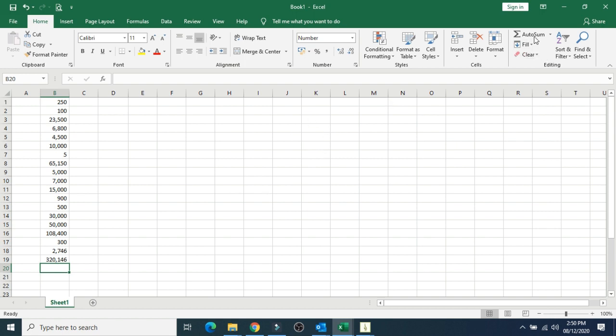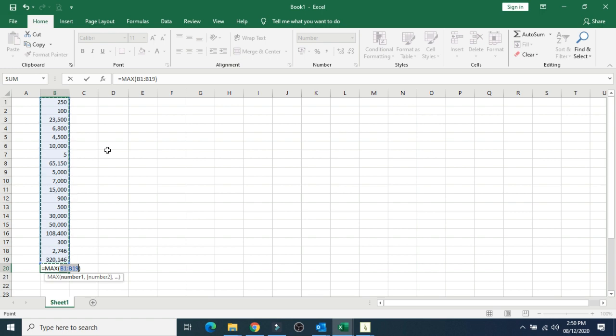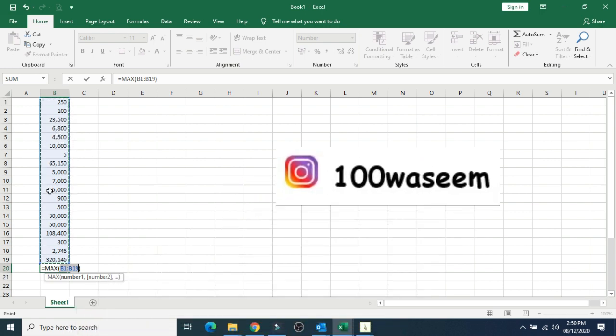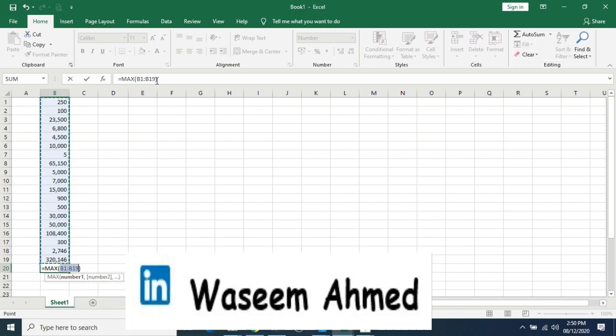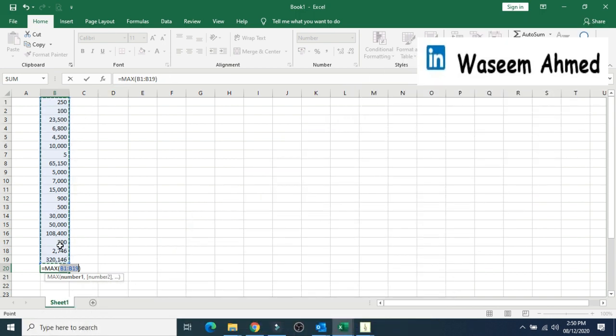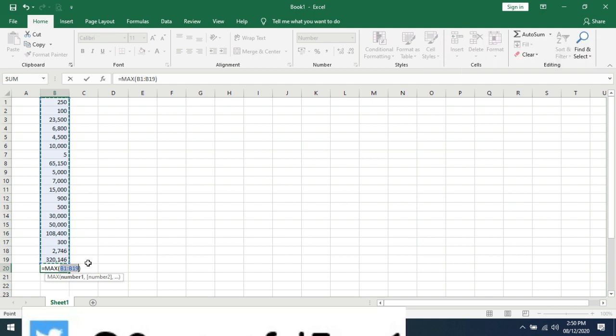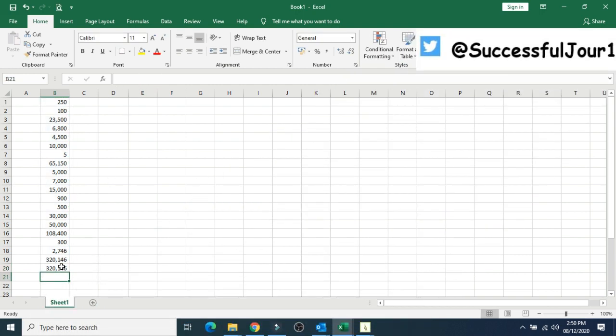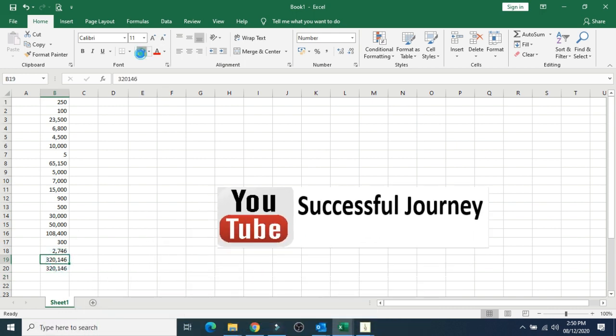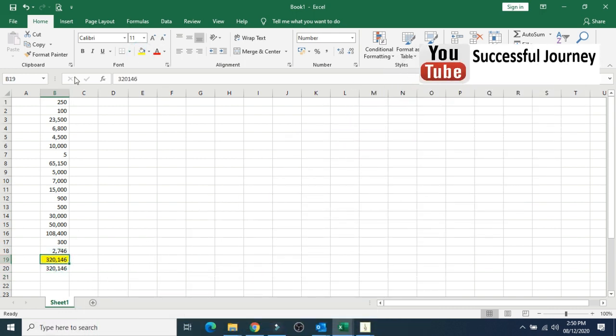The next option is max. What is this? It gives the maximum number. You want to see which number is the biggest number, which you may miss with your eyes. You can get it from the formula. So press enter. You will see that 320,000 is the biggest number,